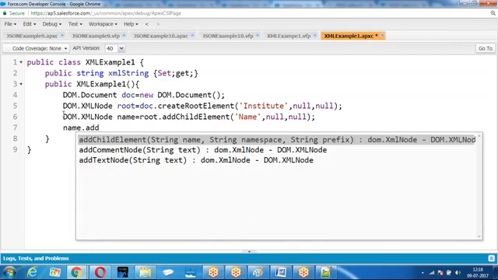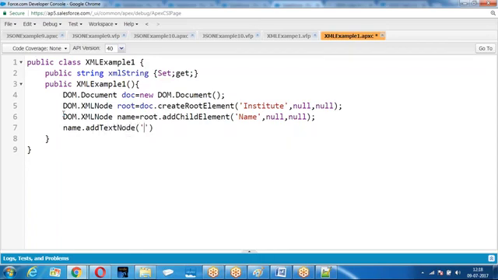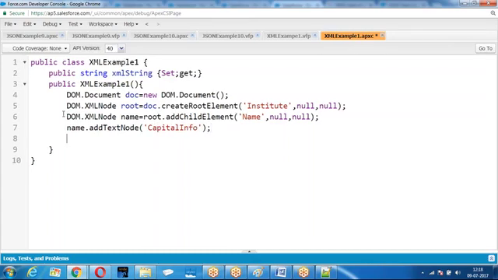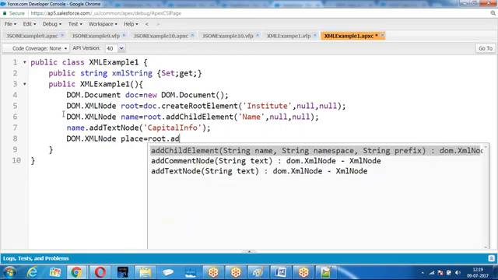Name dot add text node. Then one more child I want to create. For which one? For the root element. So DOM dot XML node. Place. Root dot add